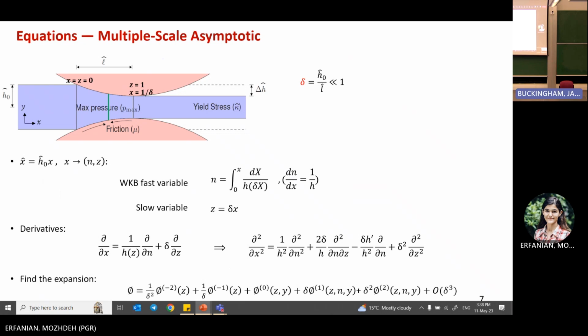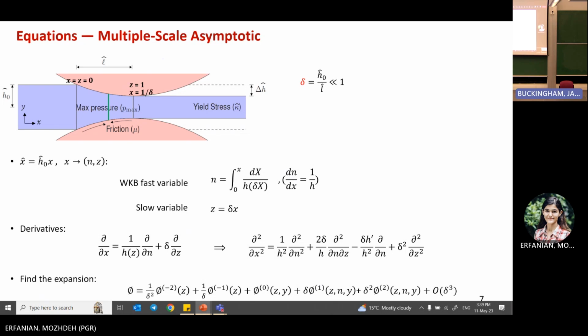So in asymptotic analysis, the choice of a scale is very important. Different choices of scales may lead to different solutions, and not all of them are correct. Here we have two different scales. One of them is H0, which is small, and the other one is L hat, which based on this assumption is so much larger than H0. So if we use H0, we can see the rapid changes in a solution,